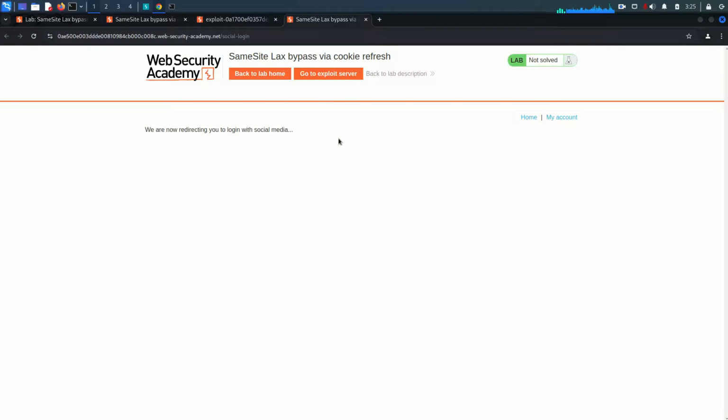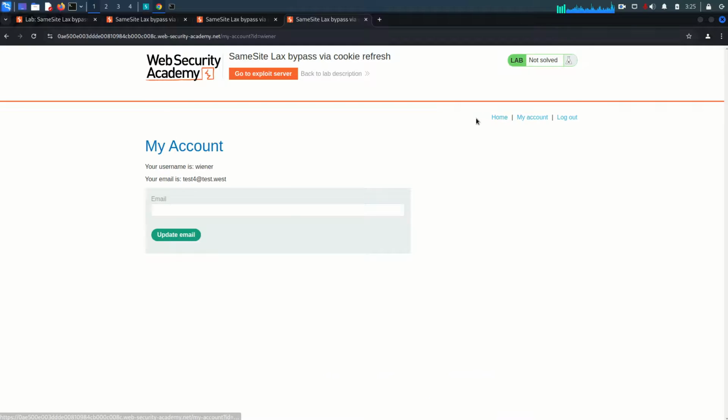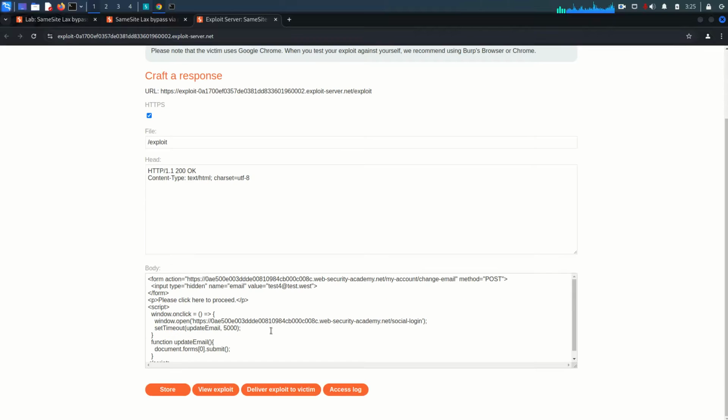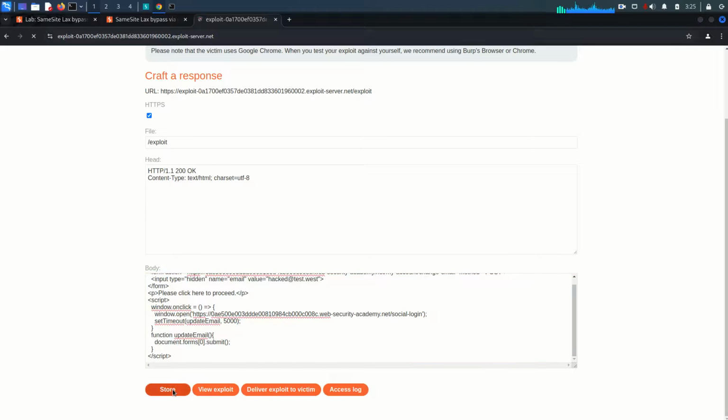Now the victim, who is not aware of this kind of thing, may click, and once he clicks, he will see everything is real, meaning there is nothing to be suspicious of here. So he will of course continue, and you can see the email gets changed, because everything seems to be working fine. So okay, go to the exploit server again, and this time I'm just going to change this to hacked at test.west. The rest of the things are okay. Store this